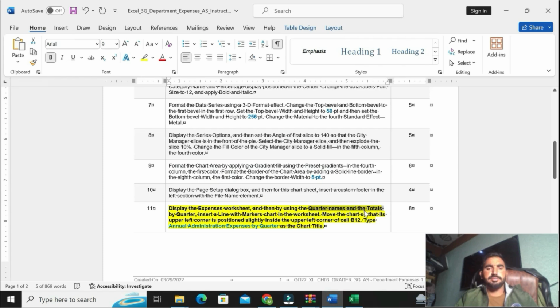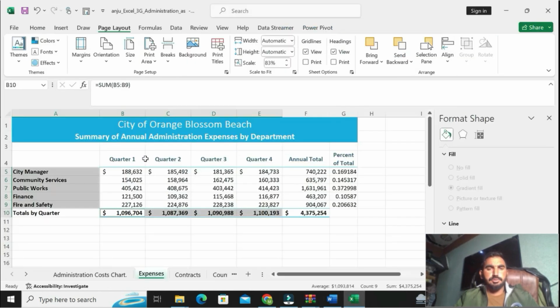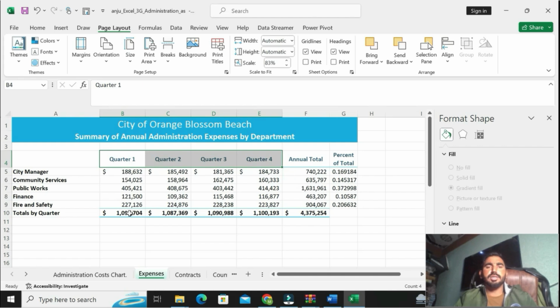Total and quarter, insert a line with marker chart, move the chart so that its upper left corner is inside the upper left corner of B12. We are going to draw the line chart using the quarter name and the total by the quarter. Here are our quarter names, Quarter 1, Quarter 2, Quarter 3 and Quarter 4.